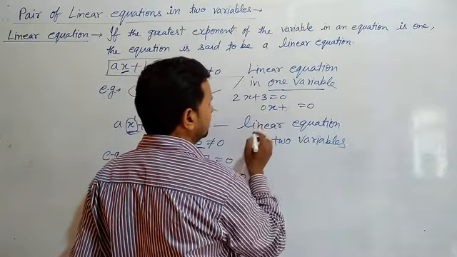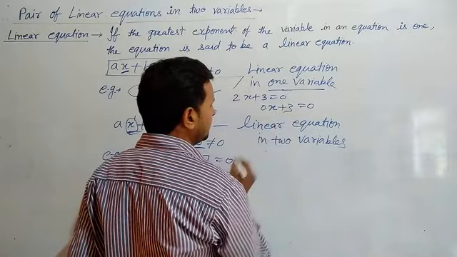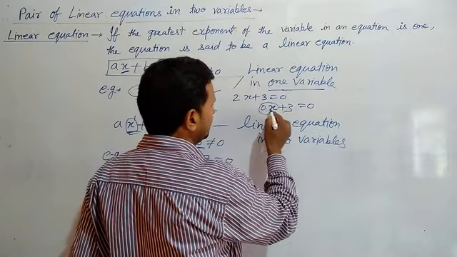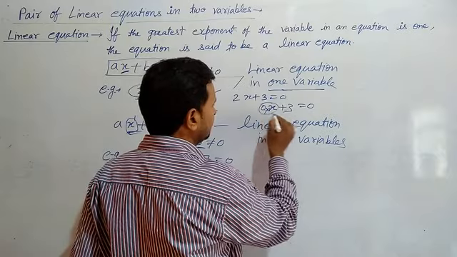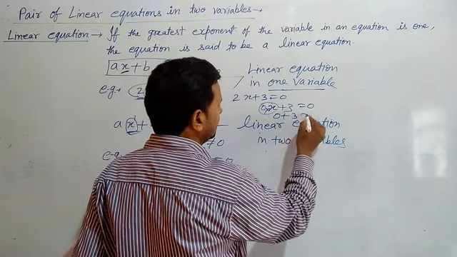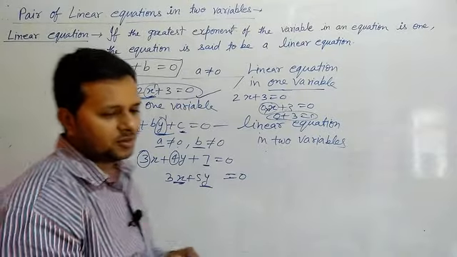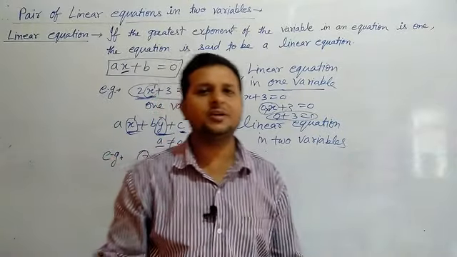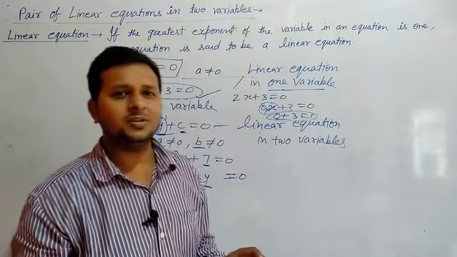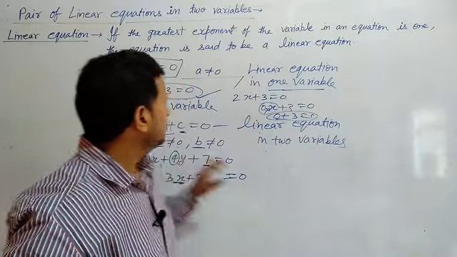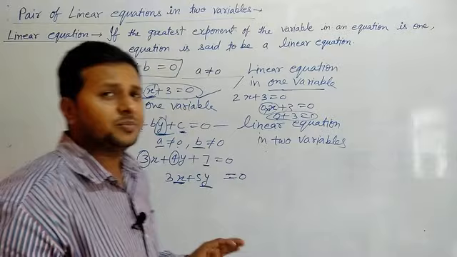Suppose that you have written here 0 into x plus 3. 0x means 0 into x, which means 0. So 0 plus 3. It is not a linear equation. Okay? Why? Because one more definition is here: what is an algebraic expression? These equations should be algebraic equations